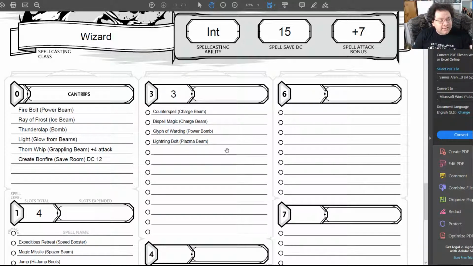And then Lightning Bolt is what I chose to represent the Plasma Beam. Plasma Beam is generally the most powerful beam you get, and the thing it does is it can go through enemies, which is a big deal. Lightning Bolt shoots a bolt in a straight line that goes through enemies, so I figured that would work pretty well for that. Now, the two things I couldn't get were